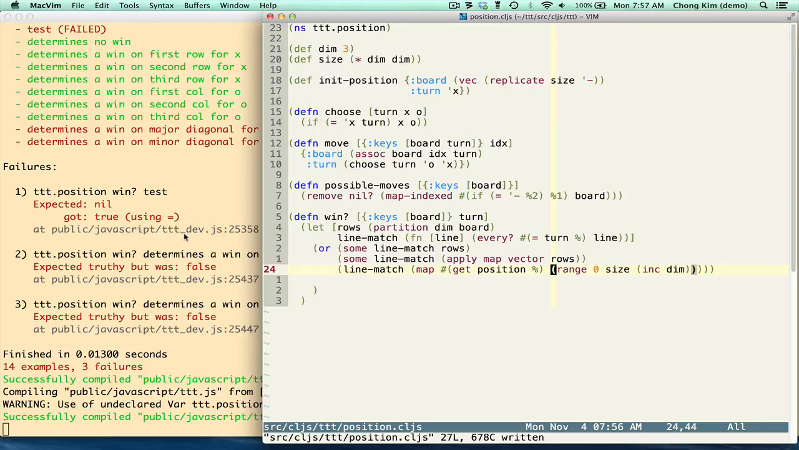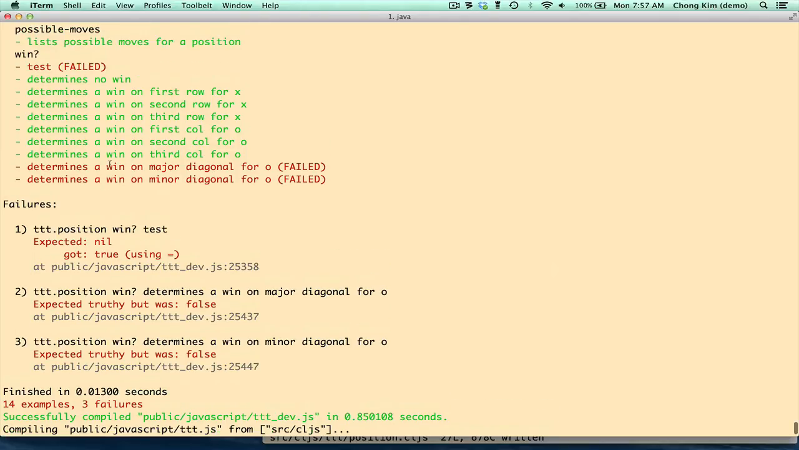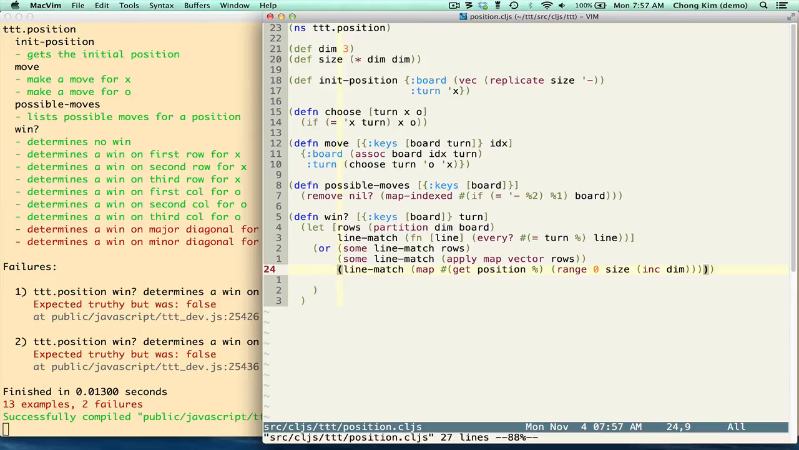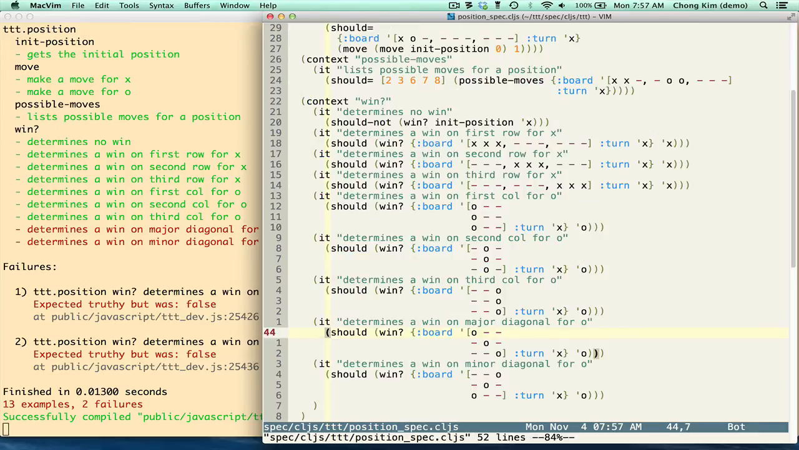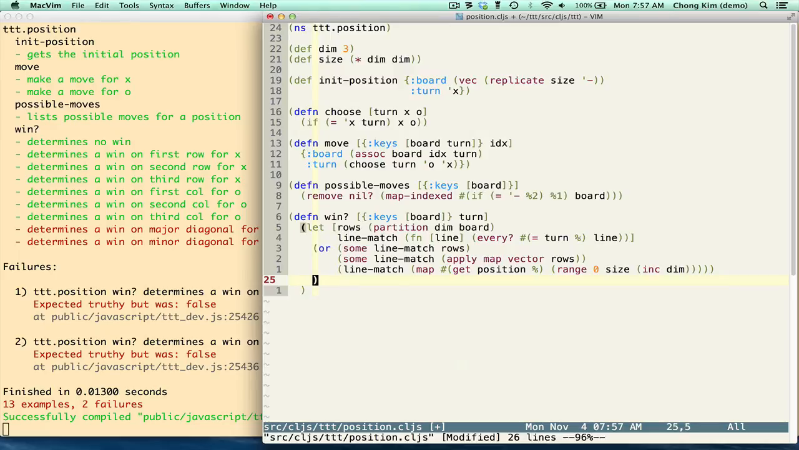Okay, it's compiling. All right, so let's see. Interesting. Oh, I didn't save this. Okay, but it's still failing, and it's still getting a false. Actually, maybe I removed that testing a little bit too early because I want to see what's going on here. So for line match, let's try to figure this out logically. So line match expects a set of cells,